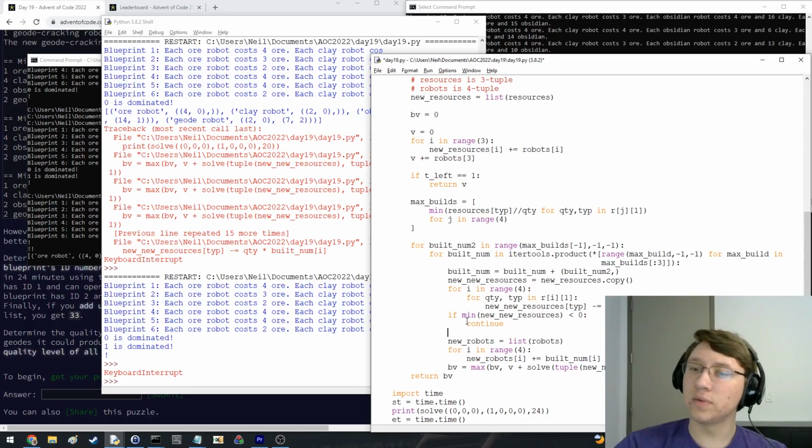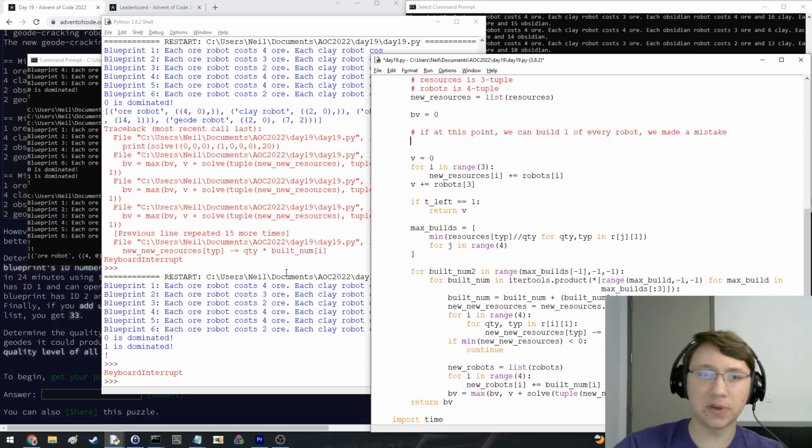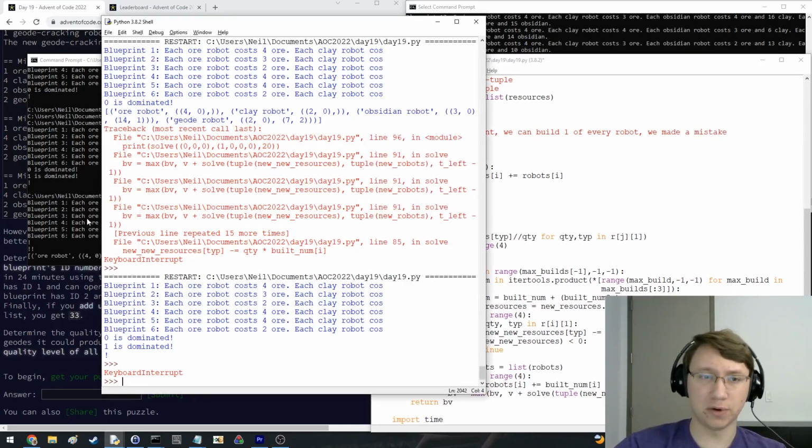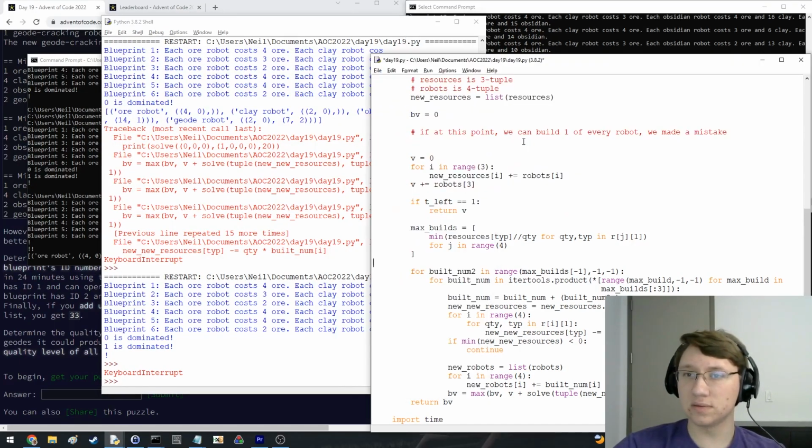When does that happen? That will happen after we... where do we add the resources? In new resources, yeah, here's where we add to it. So if at this point we can build one of every robot, we made a mistake. That's a simple heuristic that will prune some branches, perhaps. And so what is,